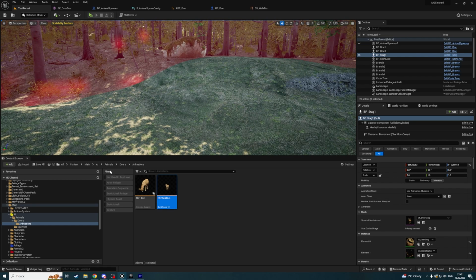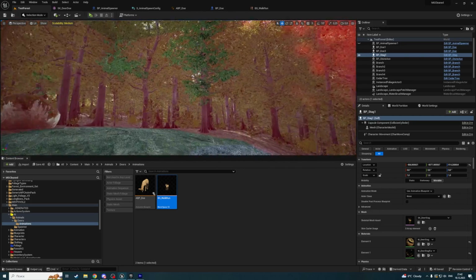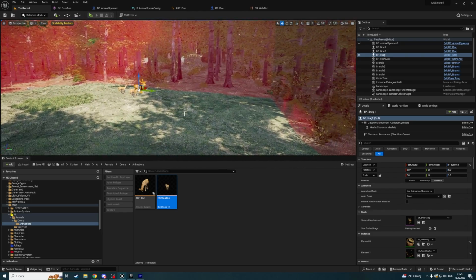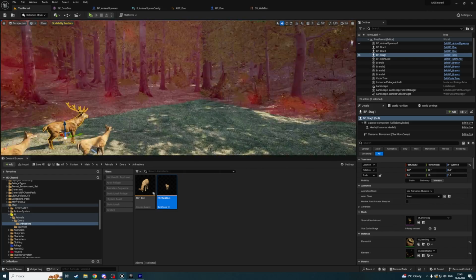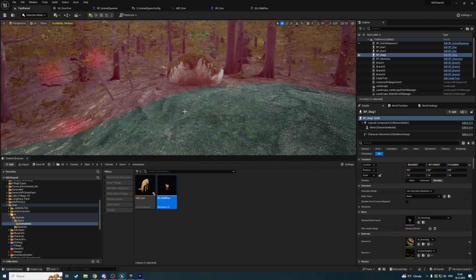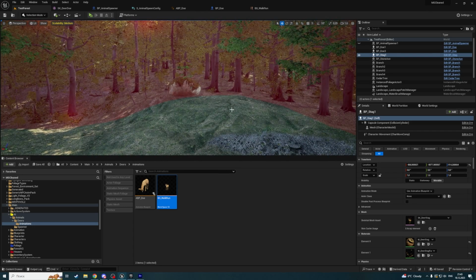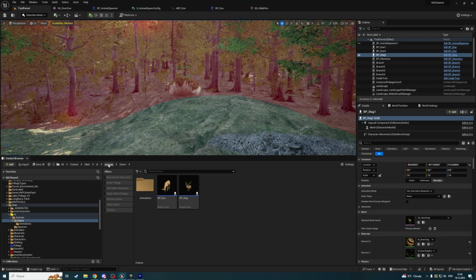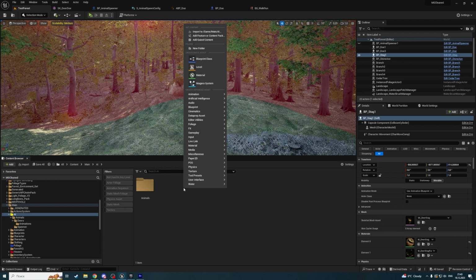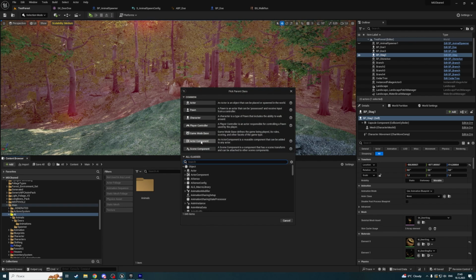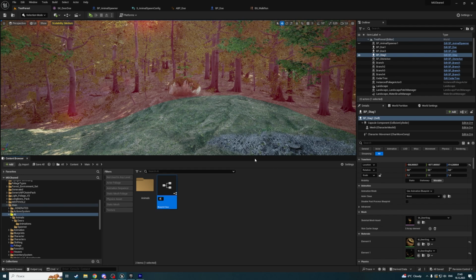That's it. We have a blend space walk run, but our doe is not able to move, and of course it's not able yet to change its movement states from walking to running. I wanted doe to be able to walk when it doesn't detect any danger like player or other animals. So by default it's gonna walk, but when it will see or hear player, it gonna run away. So our animals, or not even animal, I think that every AI will have some actor component. And let's create an actor component and call it AI